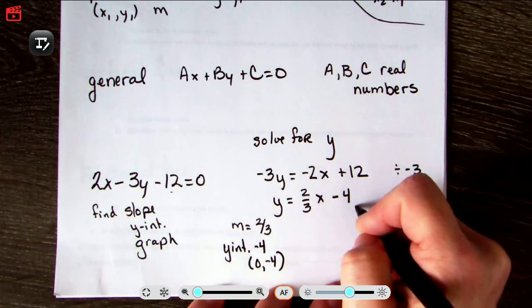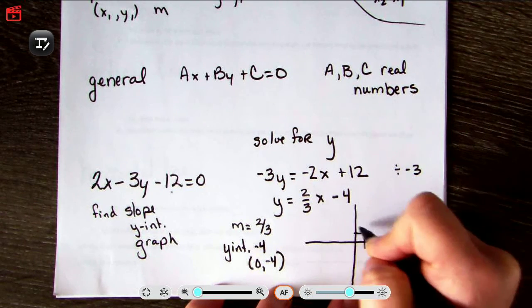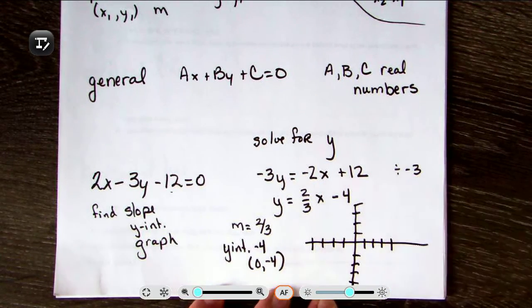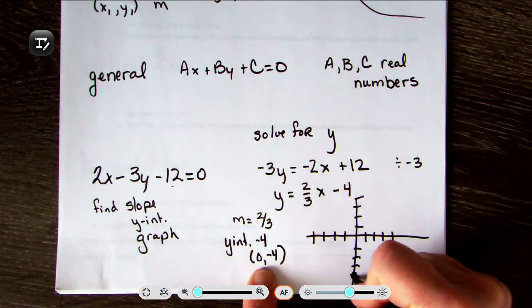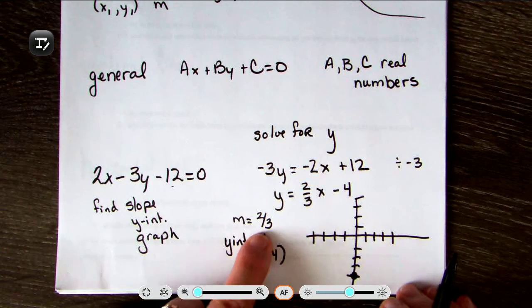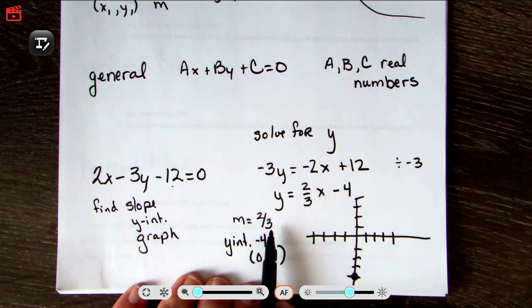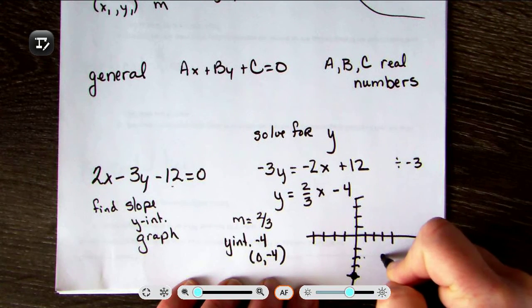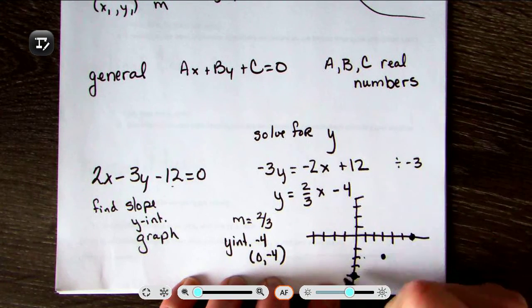And now I'm going to do a rough sketch of this graph. So put some axes in here, some hash marks. Okay, so I'm going to start at the y-intercept, (0, negative 4), so there it is right there. And I'm going to use my slope to draw another point. My slope is rise over run, so I'm going to rise 2, run 3, put another dot. I can do this again, 1, 2, 1, 2, 3, put another dot,